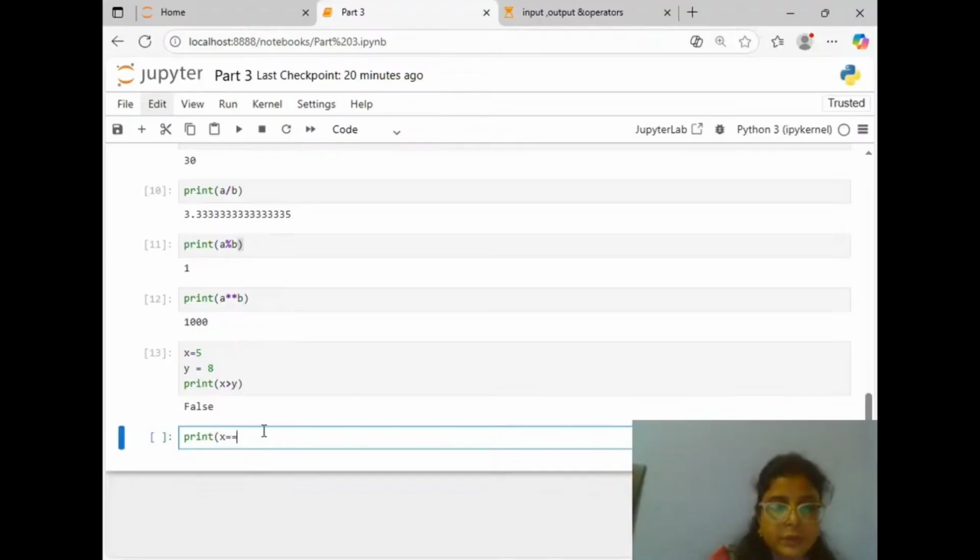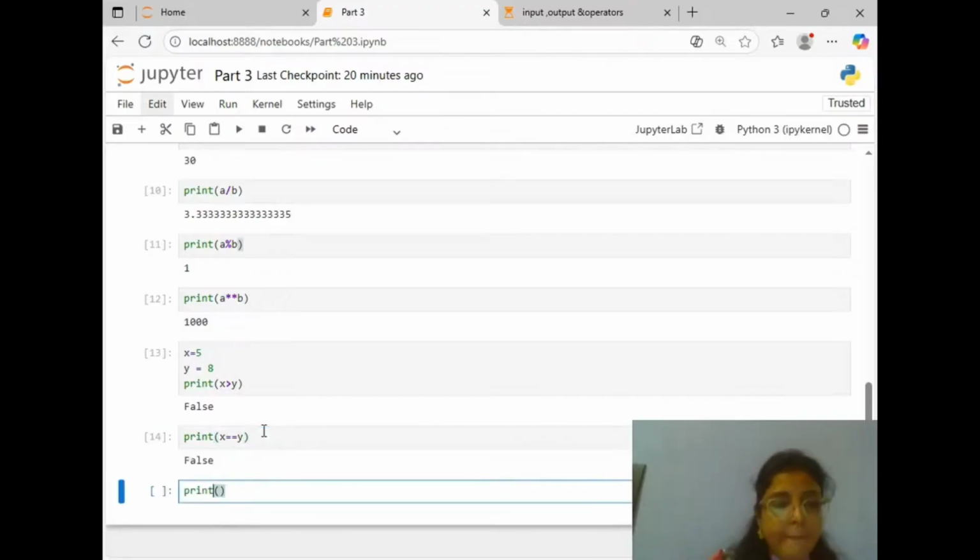And then if I say print x equal to y, what will be the output? False, because x is not equal to y. X is 5 and y is 8. So let's see the output. False.